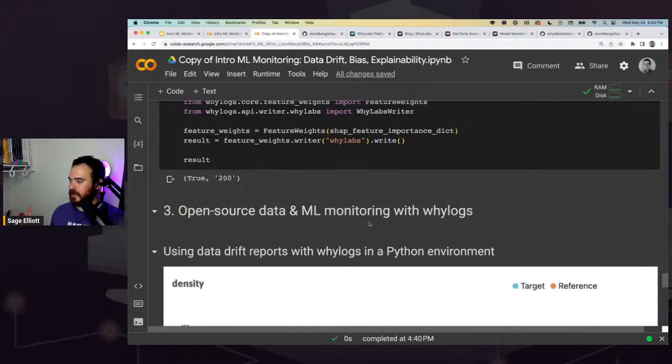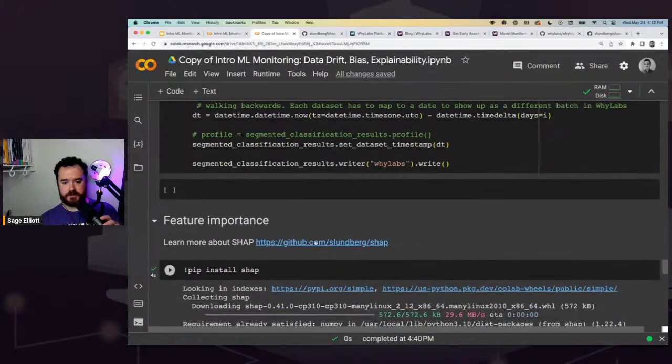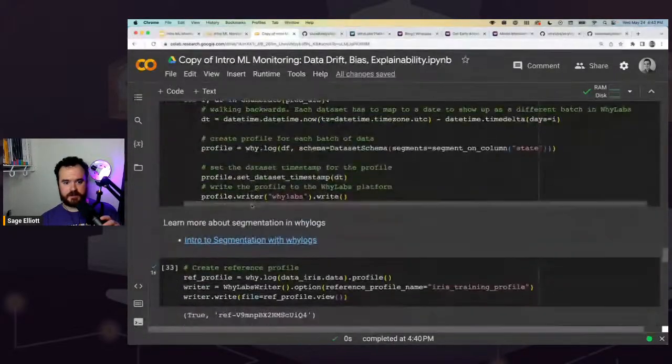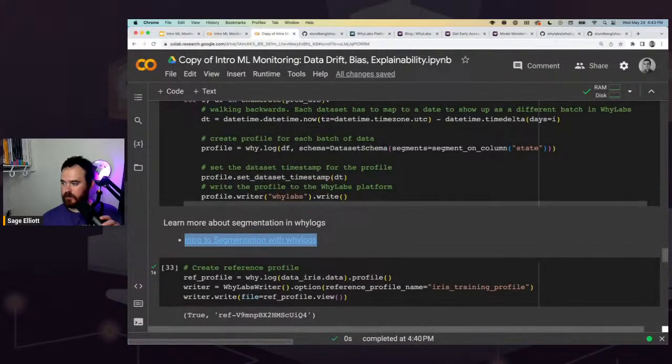Real quick, I'll pause because we're at a good pausing point. We're going to go to the next section where we'll go into a little bit of the features in the open source library. But any other questions besides why my explainability thing didn't work? Any other questions or comments on being able to drill down with tracing for bias in your data set or models? And again, links to learn more about that are in the notebook, usually in those sections. So for the tracing, for example, there's a lot more you can do with segmentation in YLogs. I'll paste the link in the chat as well if you're not following along in the notebook.